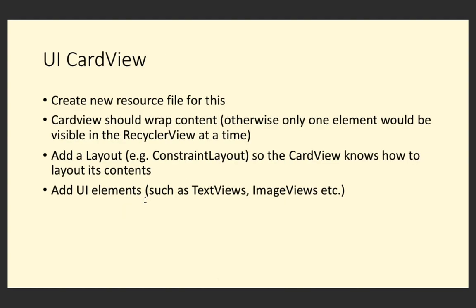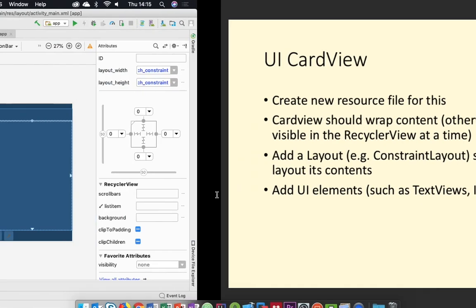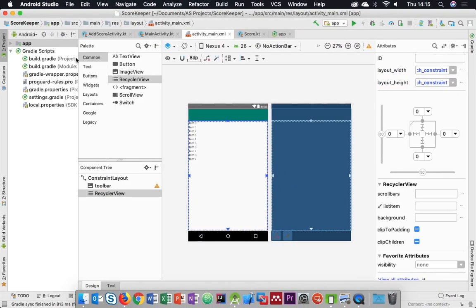Okay, so we've added a recycler view, we've made it fill the required area. Each individual item in our recycler view needs a layout, and we can use a card view for that. So I'm going to create a card view, and I'm going to fill it up with some elements. It's going to keep score, this app, so I'm going to have some text views to display the score. So we'll need to add a new item to our